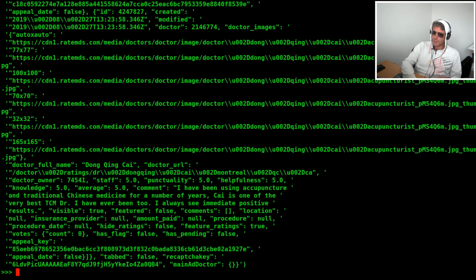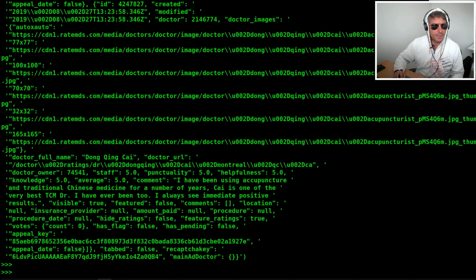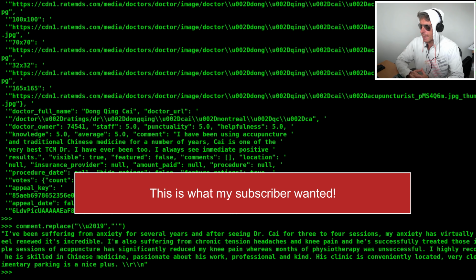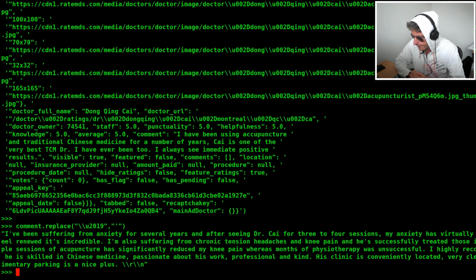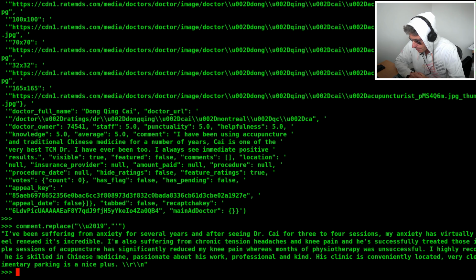Okay, so that's got all of the comments on that page. If we do comment replace, I'm just going to paste that in because my typing's shocking. So there we go. That's found the first comment, and it's replaced the Unicode 2019 with the single quote.